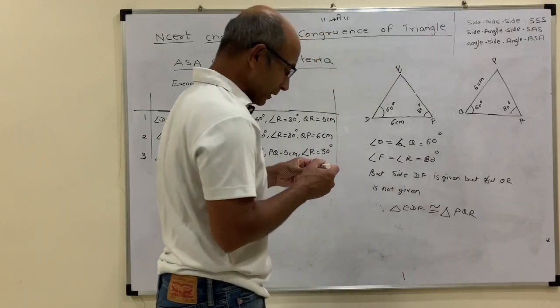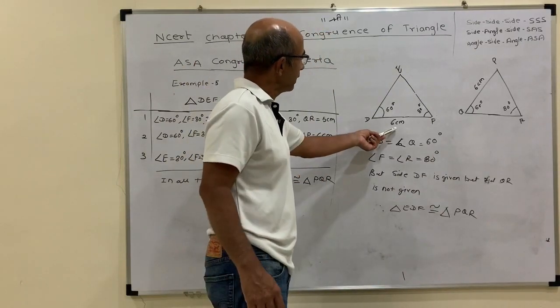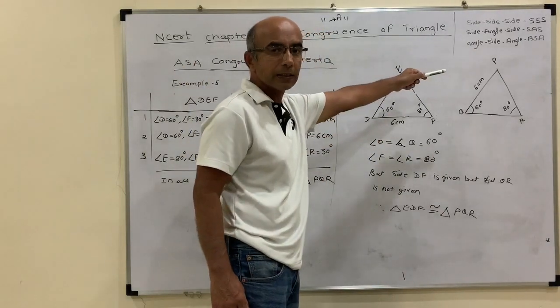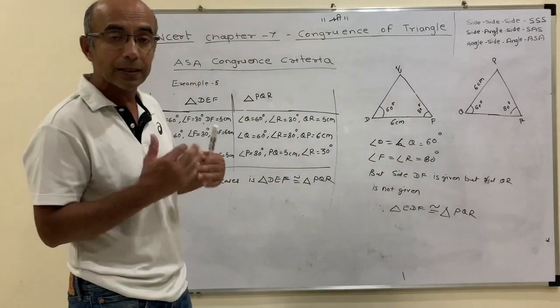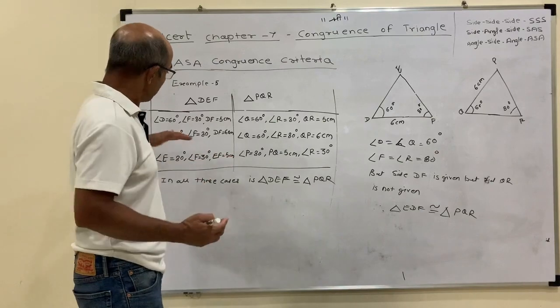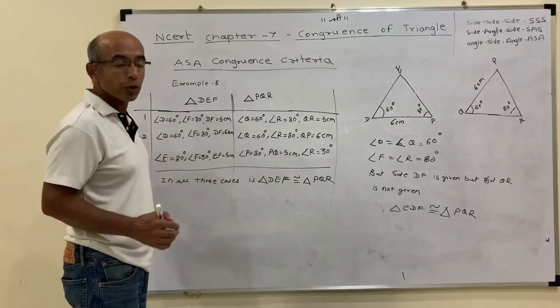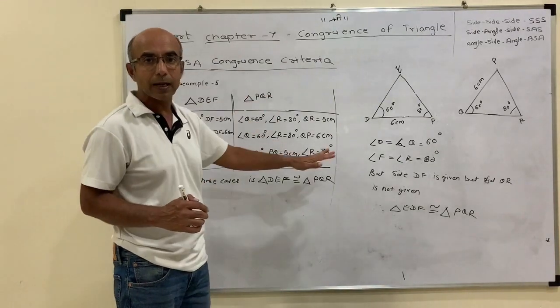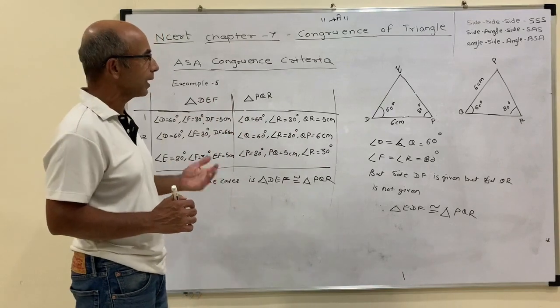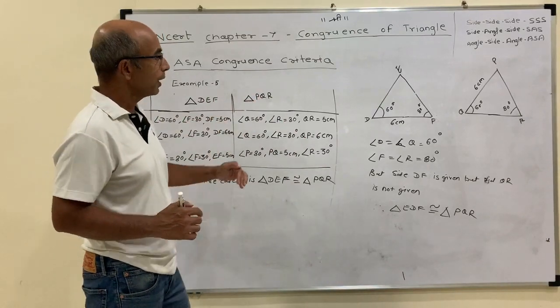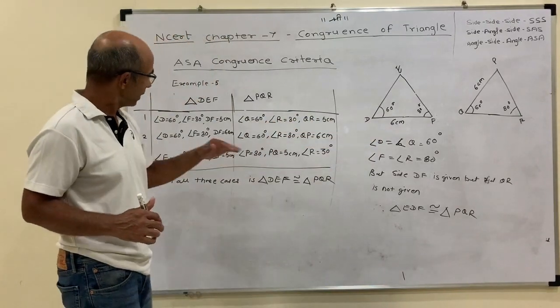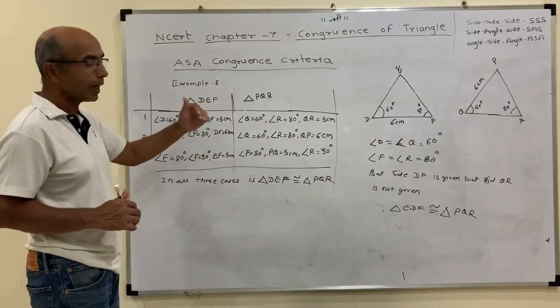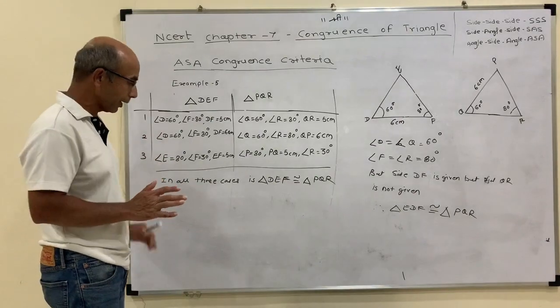We can't simply say so, because see, 6 centimeters is given here and the other side is also given as 6 centimeters. So we can't say these sides are equal. That's the reason I tell you again and again: when this kind of problem is given, you always have to sketch the diagram. Unless and until you sketch the diagram, you won't come to know whether the rule really applies or not. So here in the second one, those two triangles are not congruent.